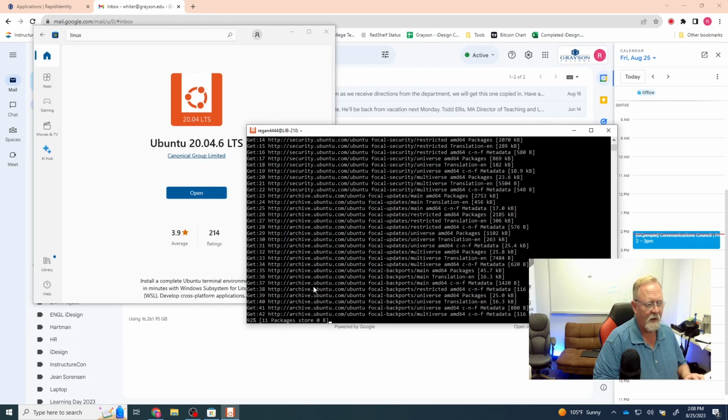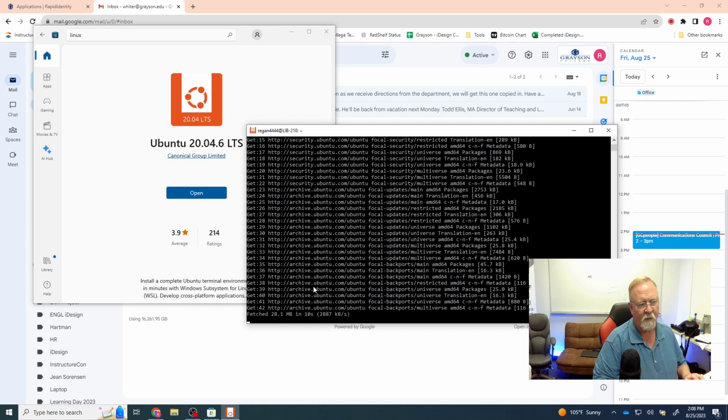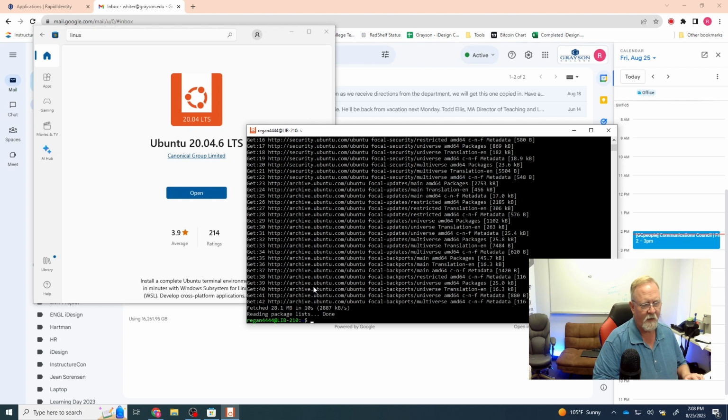What I'm doing is I'm updating all the software sources that we have, places where we can download software. All those different websites, all those different repositories, I'm going through my list and it's going out, checking those to make sure they're still functional. If it's not, it will get rid of them. If they are still functional, it'll keep them. If it finds new ones, it will add those to the list. Now that I've got that done, I'm going to go ahead and upgrade